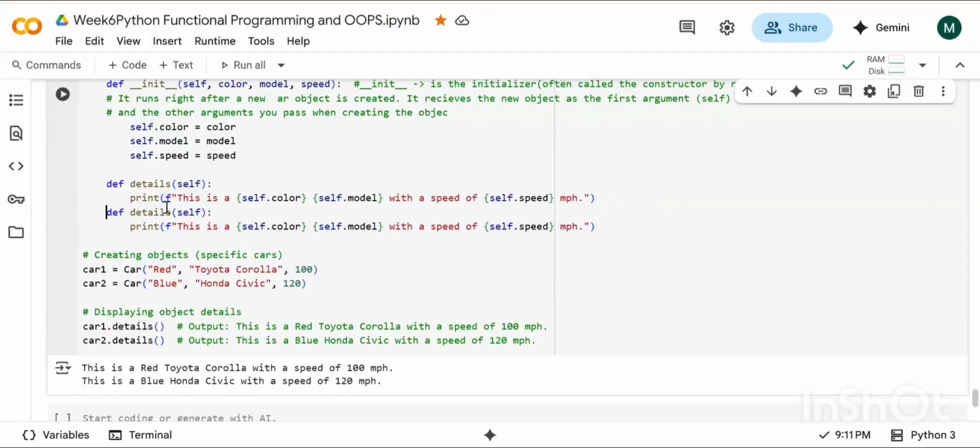Only speed I want to print, let's say. Self, if this is speed.